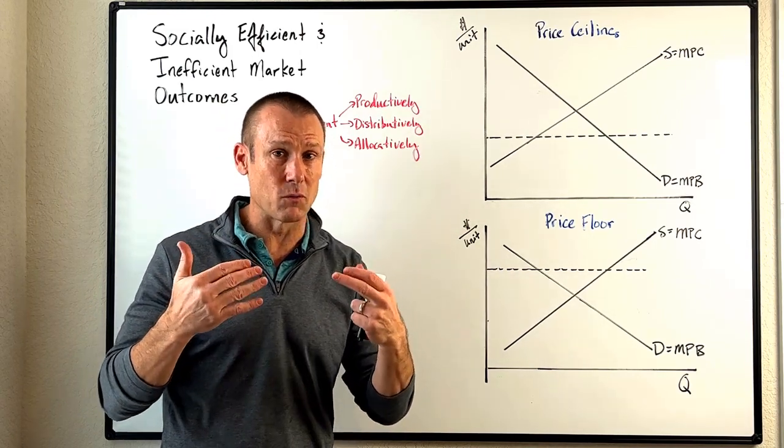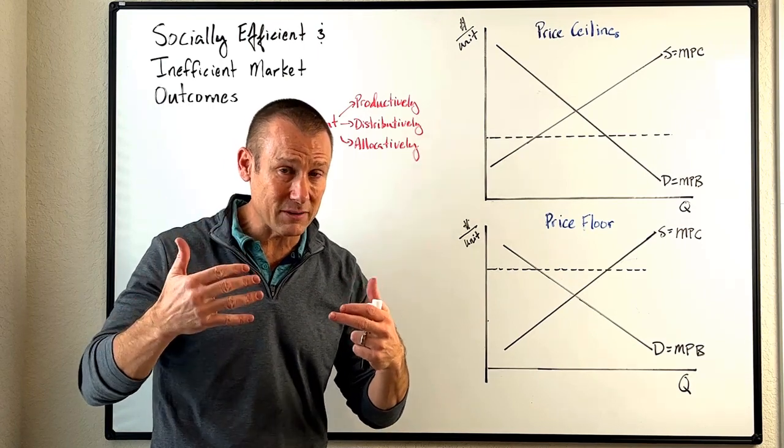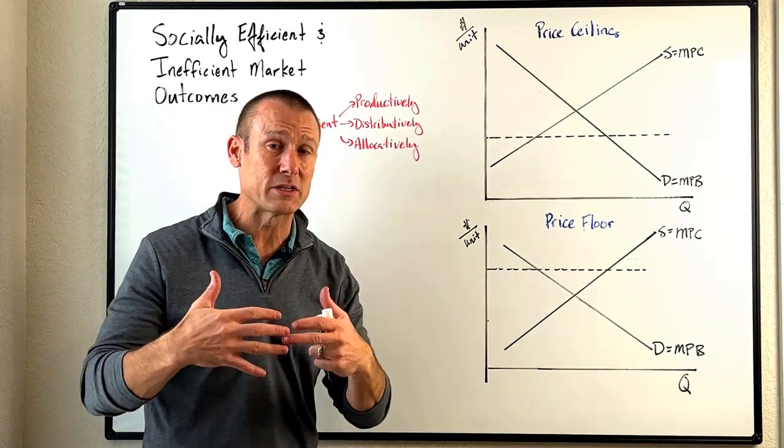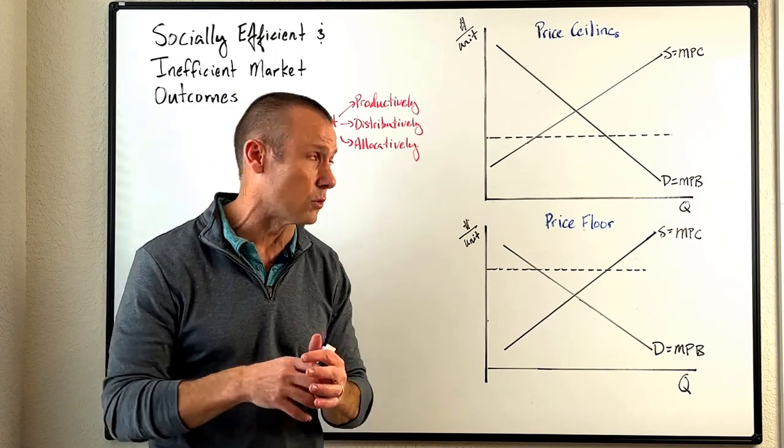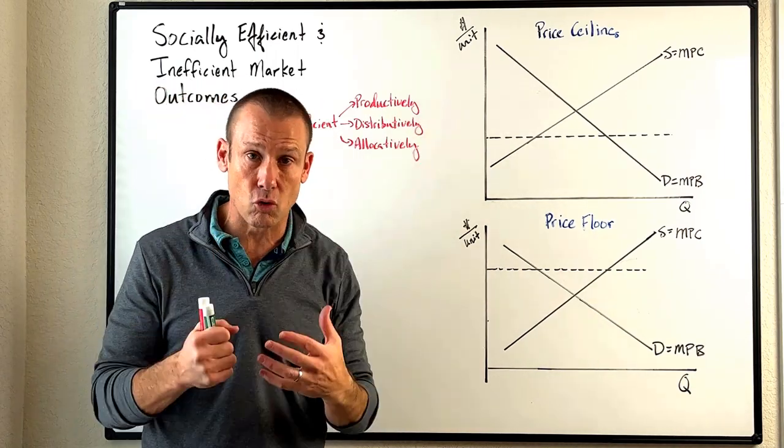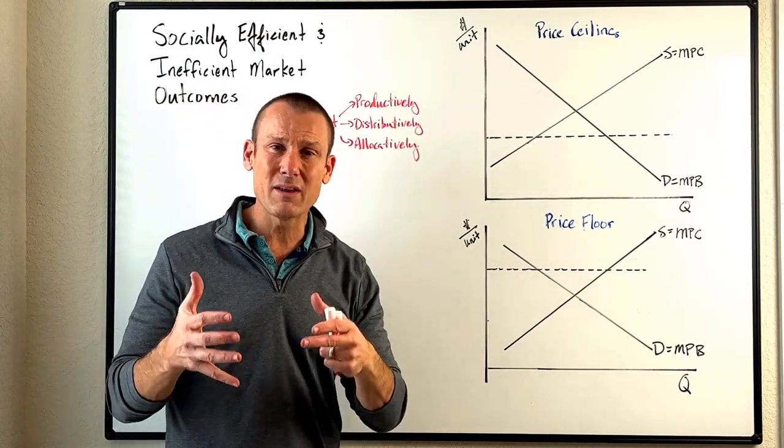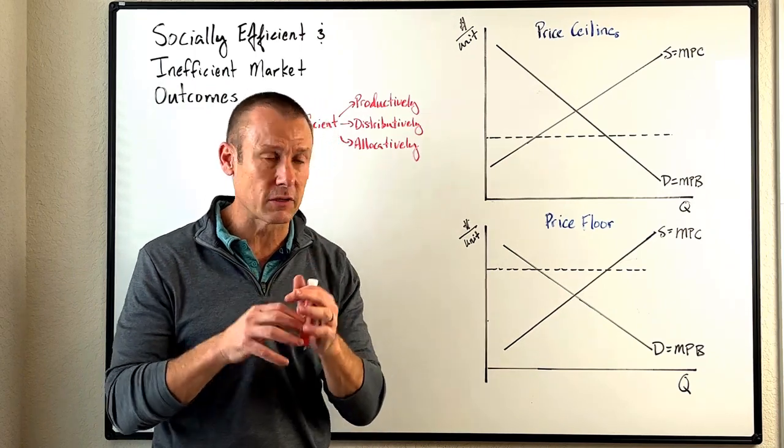And markets, when we talk about market-based economies, we think of prices as coordinating economic activity. So we generally want prices to be flexible. And here we are coming in and controlling prices. And we want to see what is the outcome of controlling prices. So let's get to it.